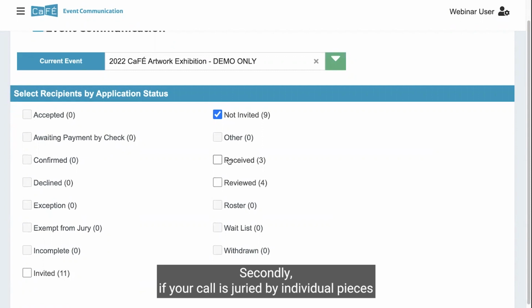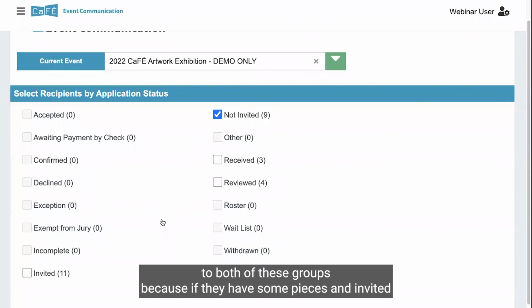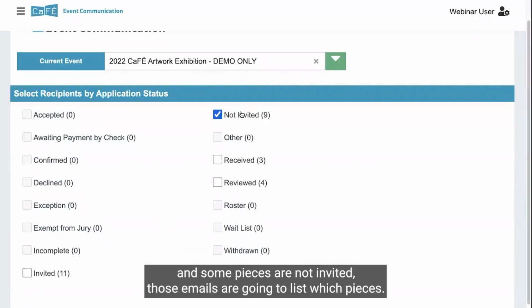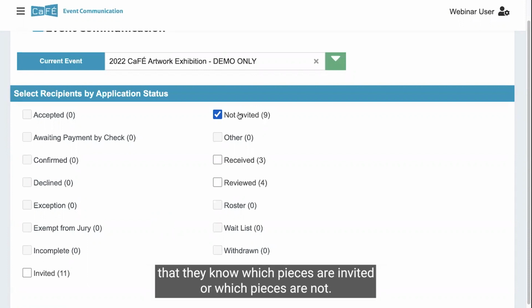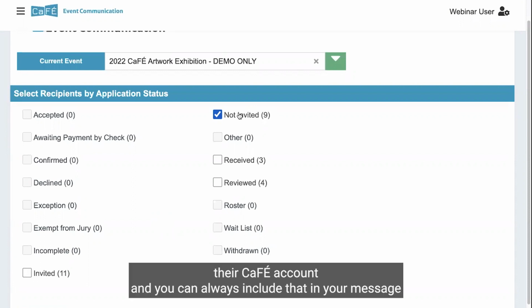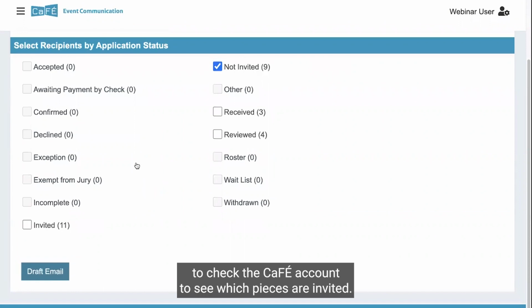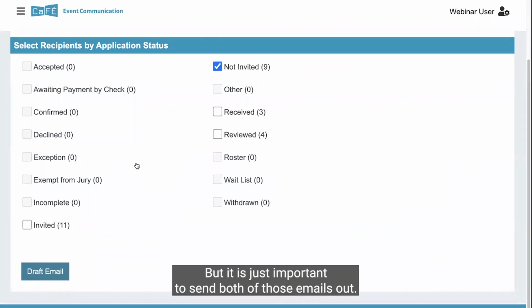Secondly, if your call is juried by individual pieces and you have artists submit multiple entries, it's important to send emails to both of these groups, because if they have some pieces in invited and some pieces in not invited, those emails are going to list which pieces. If your call is set to scoring by art, it's going to list which pieces are invited or not. So sending both of those letters is just going to ensure that they know which pieces are invited or which pieces are not. They can also check their CaFÉ account, and you can always include that in your message to check the CaFÉ account to see which pieces are invited,